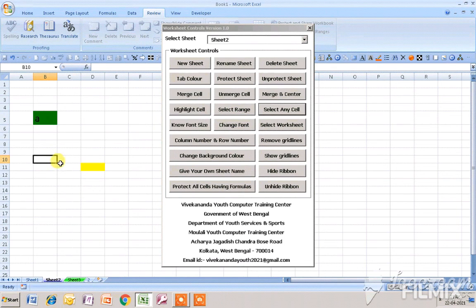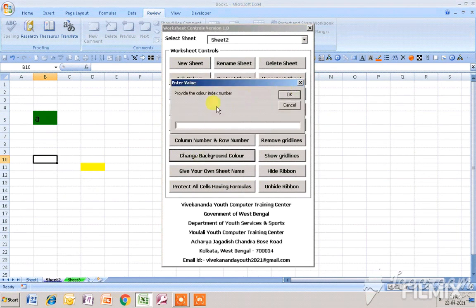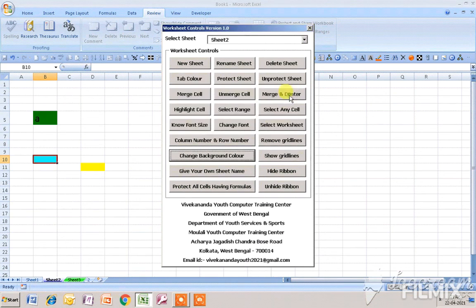Now my active cell is B10. Now I go to change background color and give any color index number. Suppose I give it 8 and click OK. Then you can see the background color of this particular cell has changed automatically.